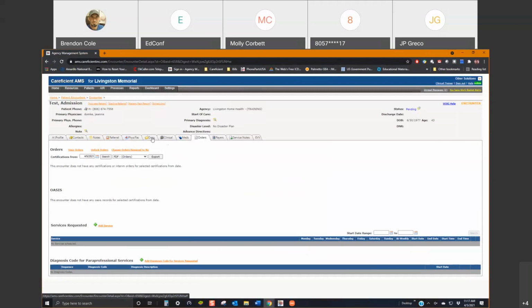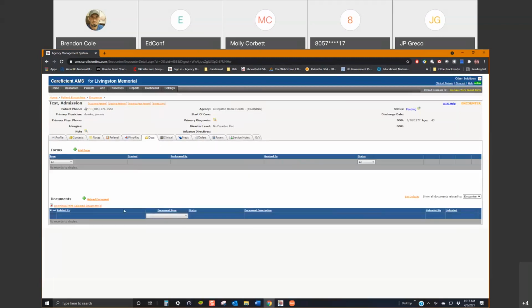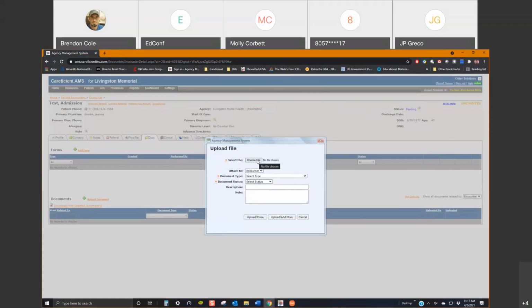The other things you may do on intake, under the Documents tab, if you did have a referral that came over on the fax, and any other documentation, doctor visit notes, hospital records, anything that you received for this referral, they would need to be scanned into your computer, and then you could choose Upload Document. When you hit Choose File, it'll give you a little Windows Navigator pop-up so that you can find that file on your computer. You'll just click it, hit Open, and then you'll see the name of the file right here where it says No File Chosen. I recommend leaving this default where it defaults to Encounter,